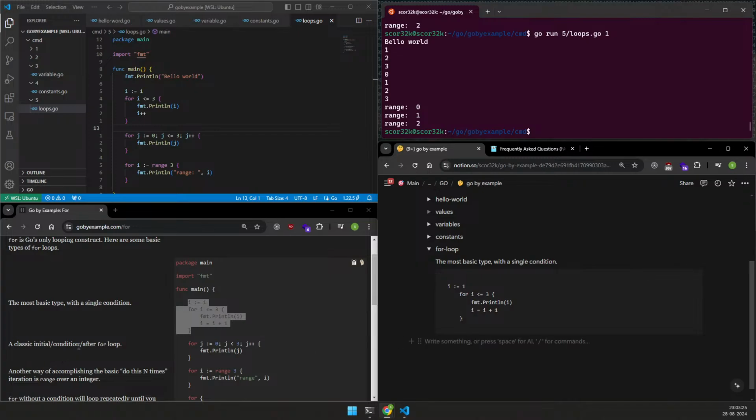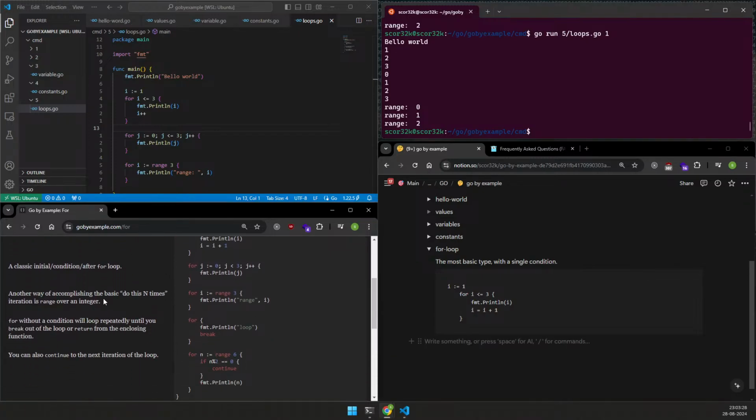The second one is a classic initial. So classic, I know another way is to do this. Another way is